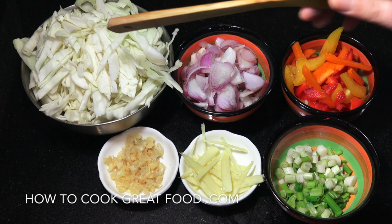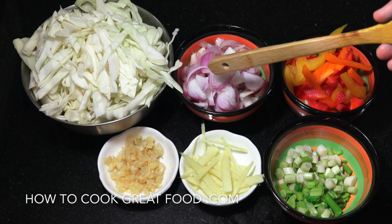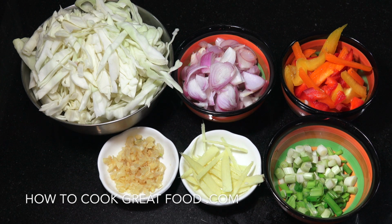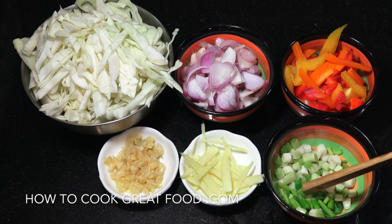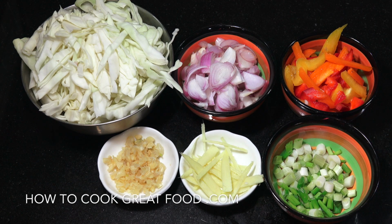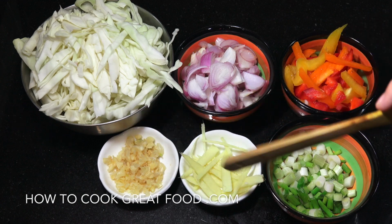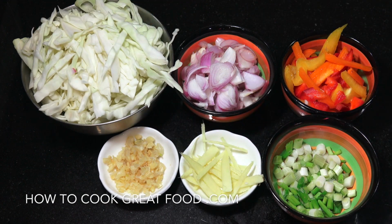So here I've got some white cabbage that I've shredded, 1 onion, some bell peppers I'm going to put in there sliced just for a little bit of colour really, some spring onions, scallions or green onions, whatever you call them, garlic and fresh ginger. They're both about a tablespoon each. That's about half a decent size